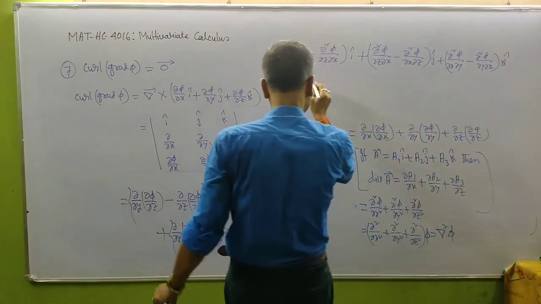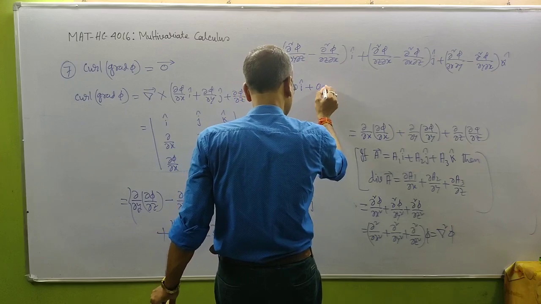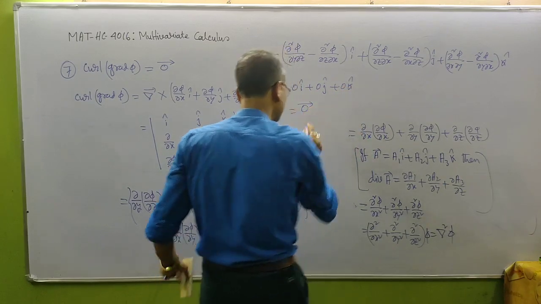This is equal to 0 i cap plus 0 j cap plus 0 k cap. This is equal to the zero vector,